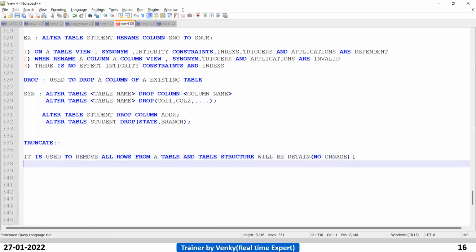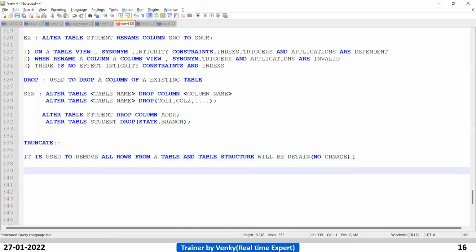It will remove the rows from a table, but the table structure will be there. It won't delete the table structure. Next point.